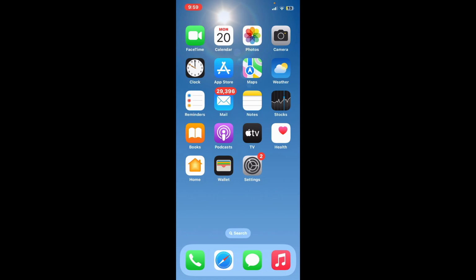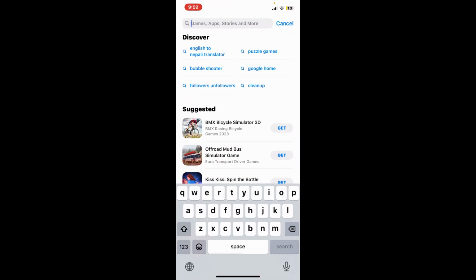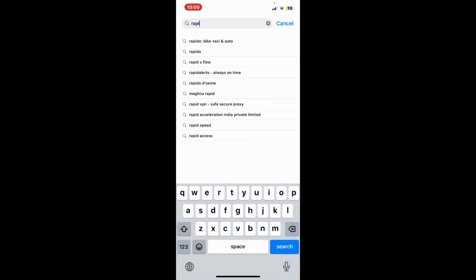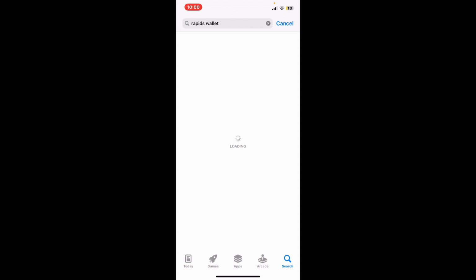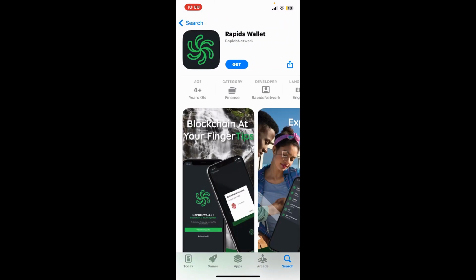First of all, make sure that your iPhone is connected to a stable internet and open the App Store. Go to the search box and type in Rapid's wallet and search. Once you find this application in the search results, go ahead and tap on the Get button to begin downloading